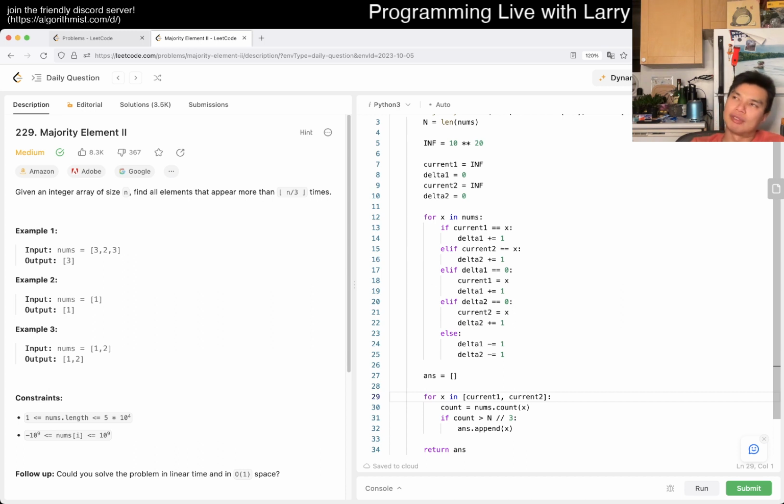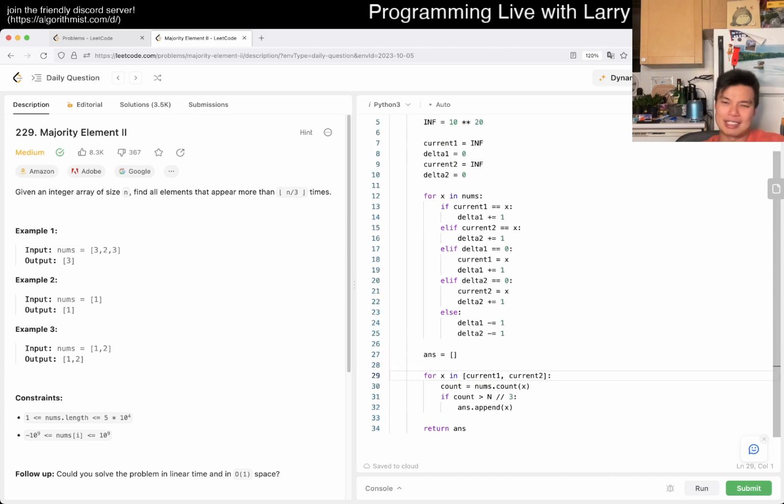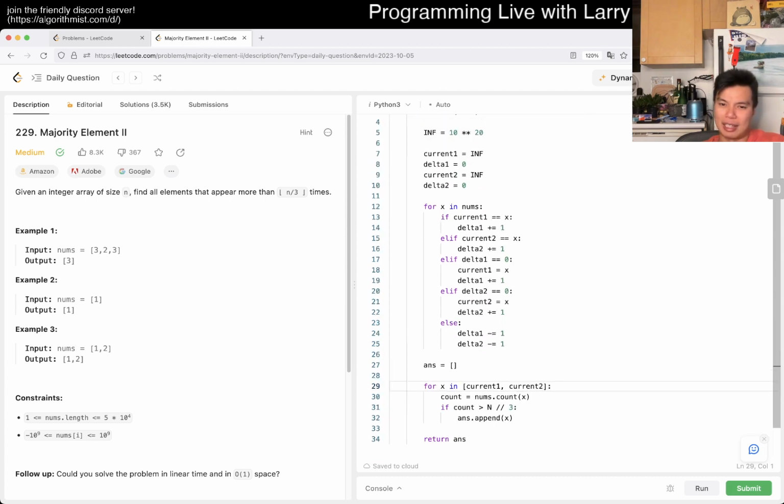And here, we're doing n over 3, so I guess you generalize it in a very awkward way. For me, it feels awkward, which is that if you have two major elements, then each of them, not considering the other, will cancel out one of the third, or the non-majority elements, or the minority elements. I guess that's kind of the idea, but it's still kind of tricky to come up with, to be honest. And it really doesn't come up that much, but it is a classic problem, I suppose, in that because I think